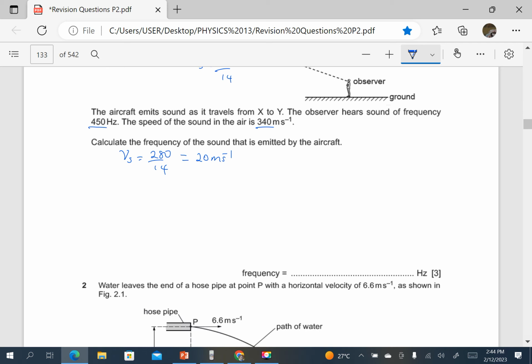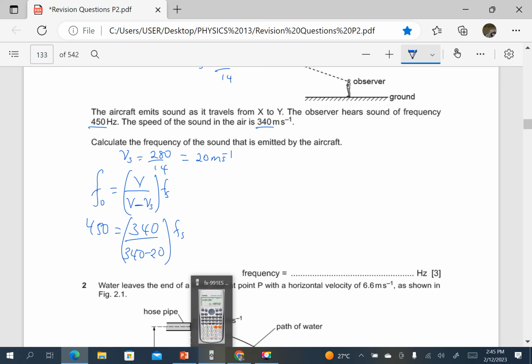Since it is moving towards the observer, the observed frequency is going to be V over V minus the speed of the source, times the frequency of the source. It will be minus because it is higher frequency since it is moving towards. If it was moving away, it would be plus because away would be lower frequency. So 450 is equal to 340 divided by 340 minus Vs, which is 20, then we multiply by